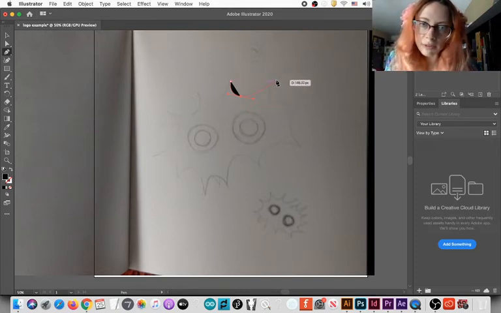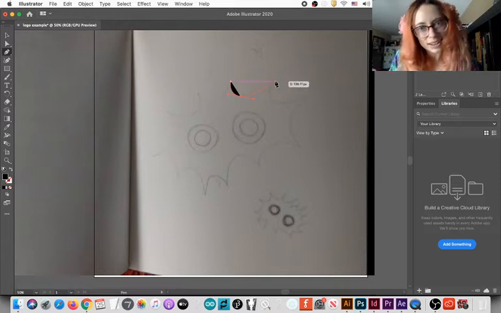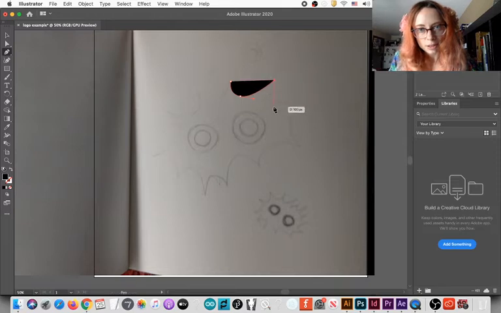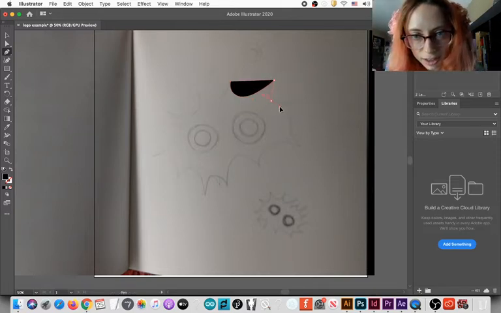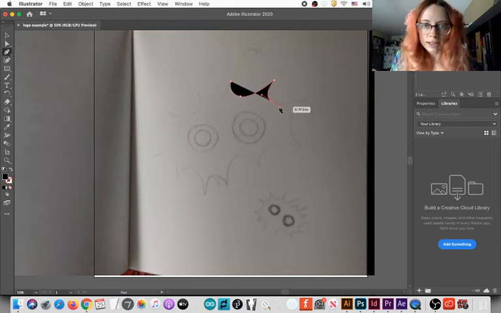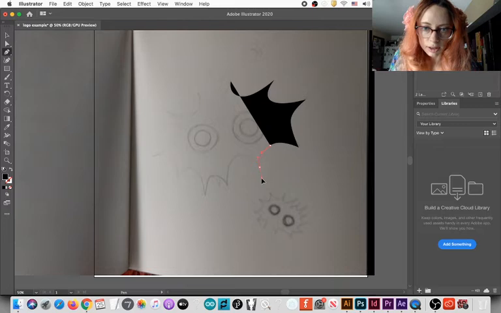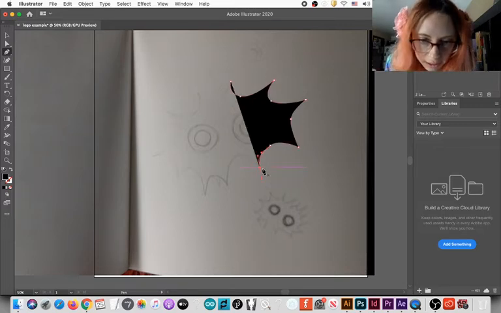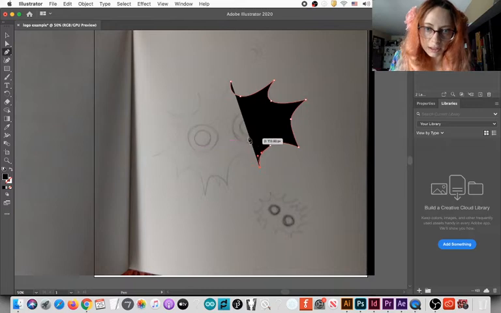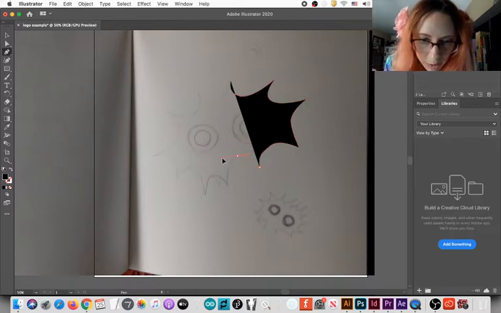But when you do only a quick click, you get only a point without handles. So that's going to be a corner, like a sharp corner. Click. And here I am starting to trace this shape that will turn into a logo of sorts. When you hold Alt and click on an anchor point, you can see the handle disappear, which allows us to change our mind.